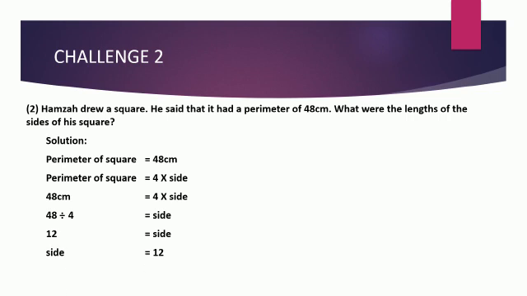Okay students, this is the length of the square and all sides of the square are equal, so it means that 12 centimeter is the length of all sides of the square. Okay students, now move to the